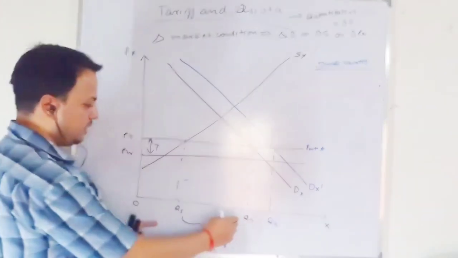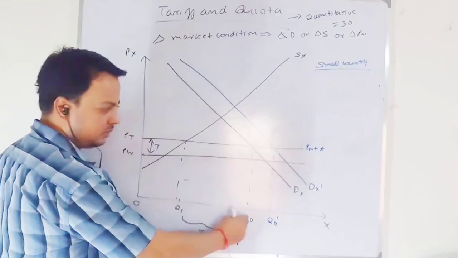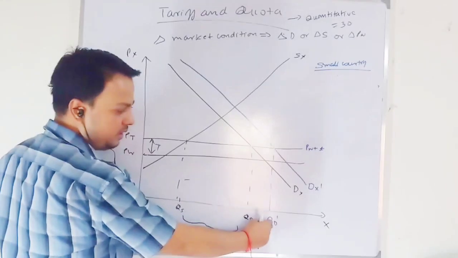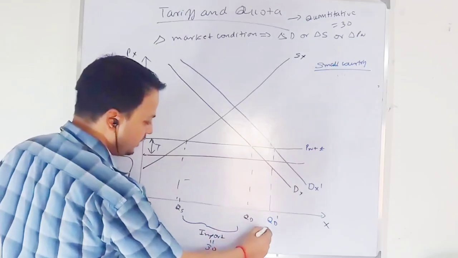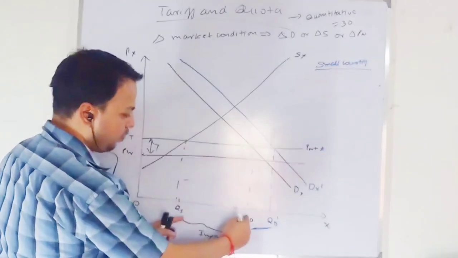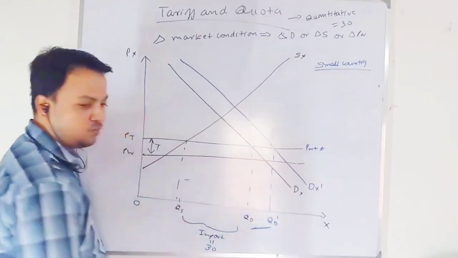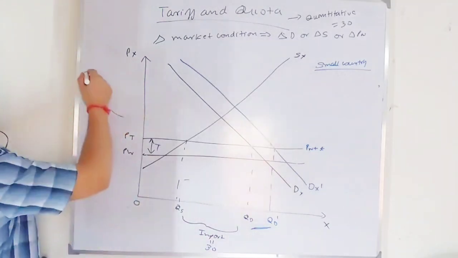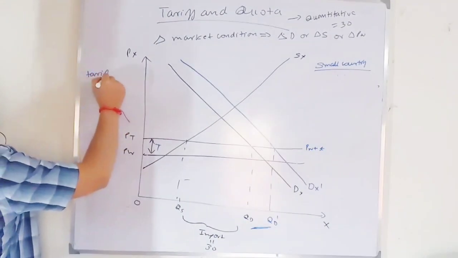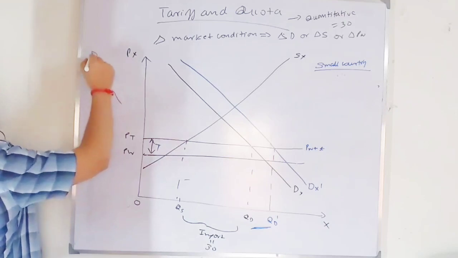What is happening? You were demanding this much before. Since demand increases, you are demanding more. So that means you are importing this much amount more. Before you were importing this much. In case of tariff, now you are importing this much. So in case of tariff, when demand increases,